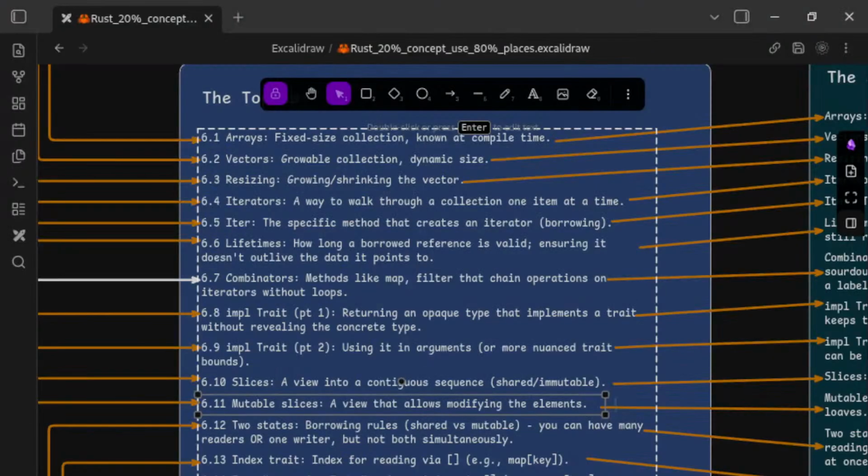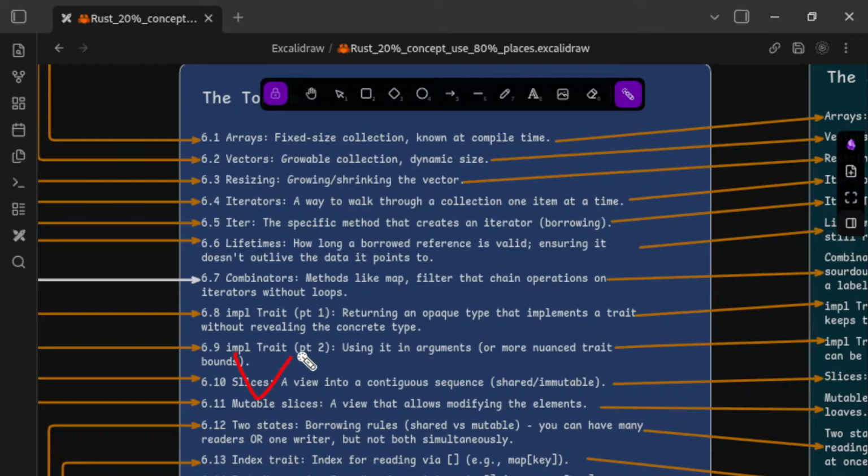Okay, so we have done slicer. We have done those things from array to slicer, and we left this part. Today we will cover this part: mutable slicer, index straight, and index mute hash map, and